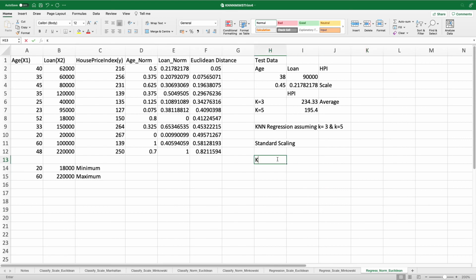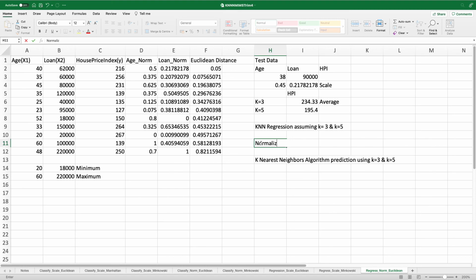So here we are using the k nearest neighbors algorithm prediction using k is equal to 3 and k is equal to 5. This is normalization or min-max scaling. This is the